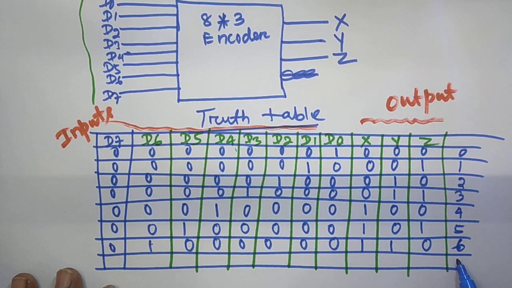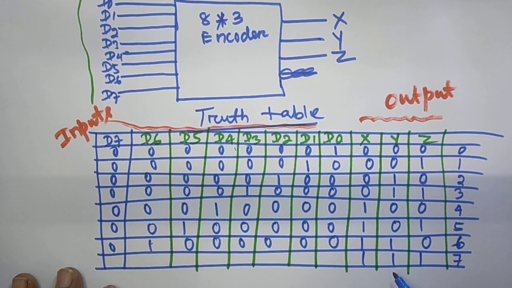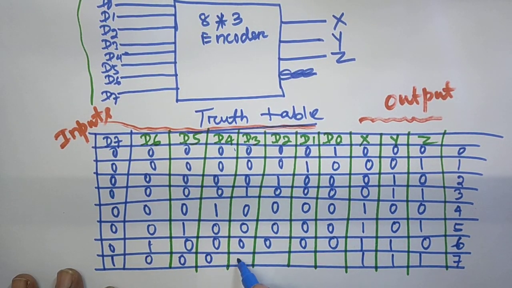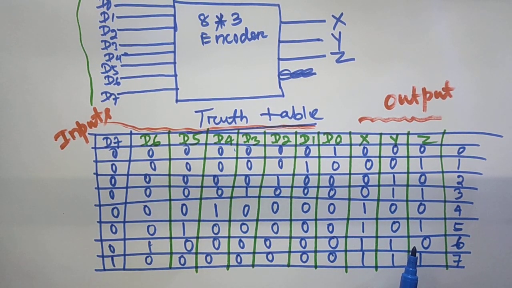Here is a 7. 7 means what? All are 1. Here all are 1. Which one? 7 means D7. D7 is 1. Other part will be 0. Okay. Like this we have to define, or we have to design the truth table where D0 to D7 are considered